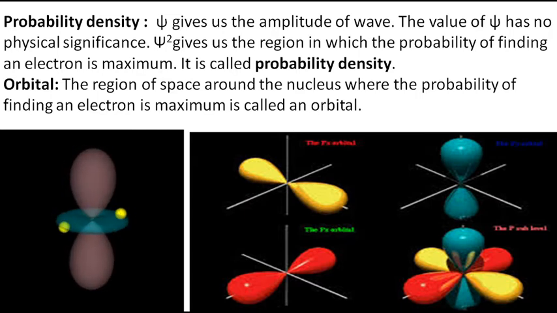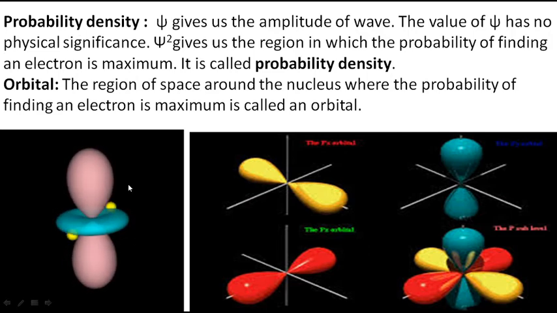See, they keep on moving, is it not? And how are they moving? They are not moving randomly, but they are moving in the p dumbbell shaped region. That is why we are telling it is p shaped. This orbital means in this p shape, in this dumbbell shape, anywhere you can find the electron. The electron can be found anywhere in this region, in this dumbbell shaped region. That is why I am calling this a p orbital.